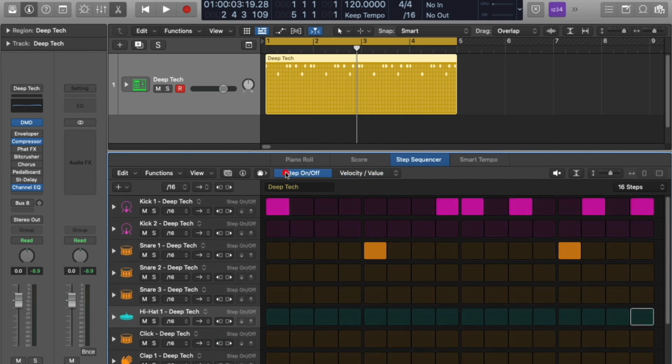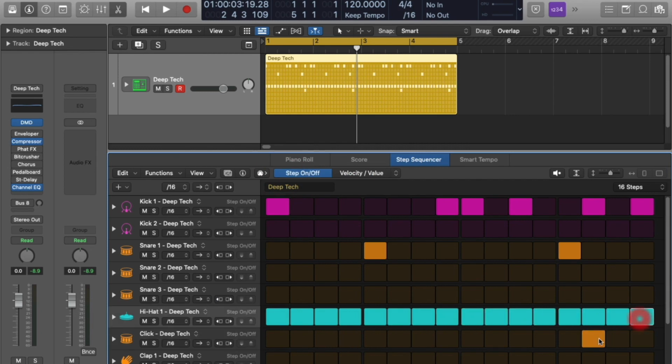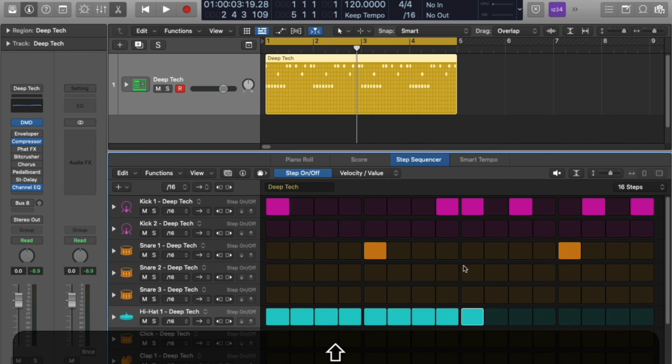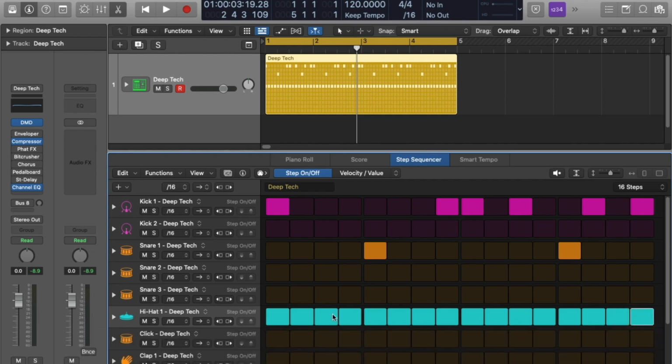And if I just switch back to step mode and then draw in a string of step notes, incidentally, you saw there when I did that it added in an extra note. I came off the lane. So one useful way, if I hold down the shift key whilst dragging, so I click, hold down shift and then drag, I can't go onto another row. Okay, quite a useful shortcut. Great, so I've got a string of hi-hats in here,